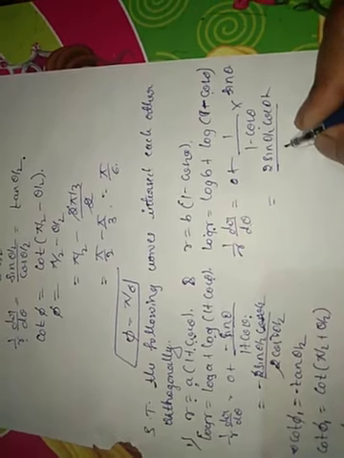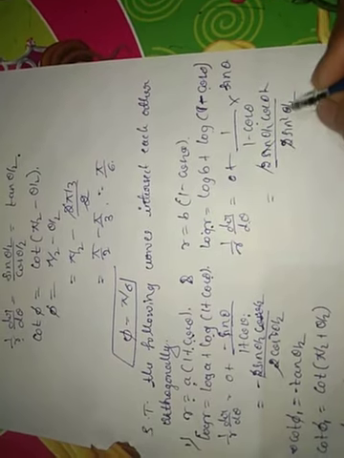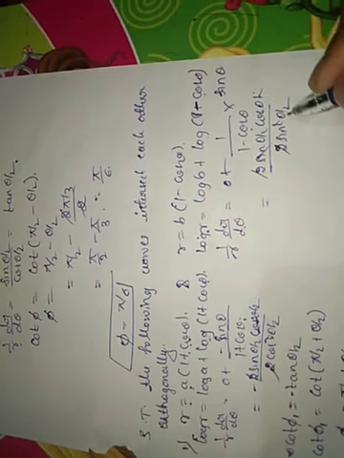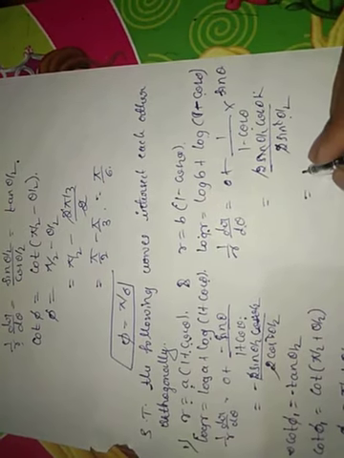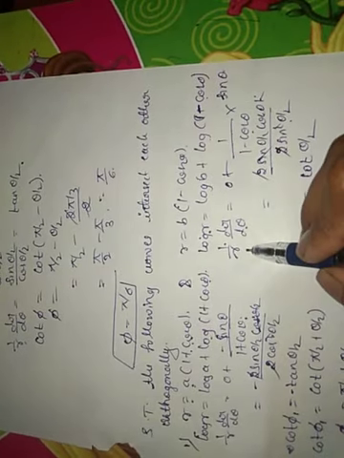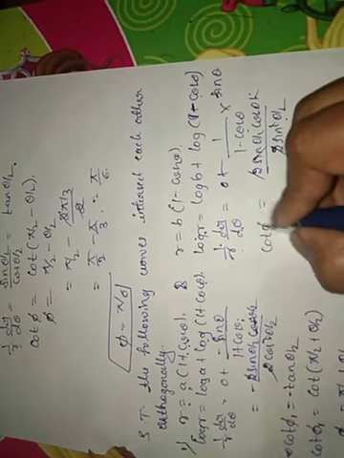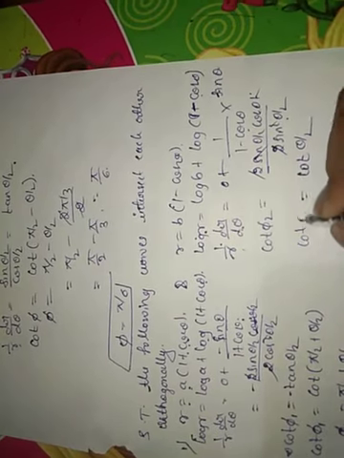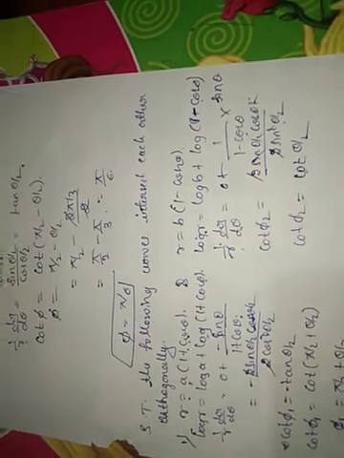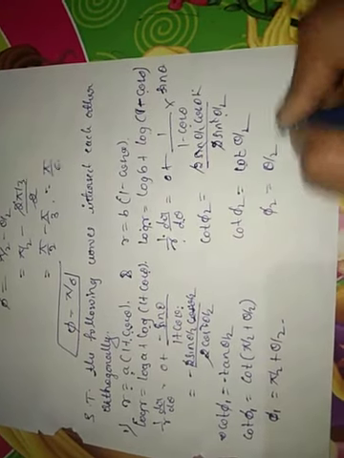1 minus cos theta equal to 2 sin square theta by 2. The 2 cancels, and one sin gets cancelled. Cos theta by 2 divided by sin theta by 2 is written as cot theta by 2. On the LHS, 1 by r dr by d theta can be replaced by cot of phi 2 here. So cot of phi 2 equal to cot of theta by 2. Therefore, phi 2 equal to theta by 2.